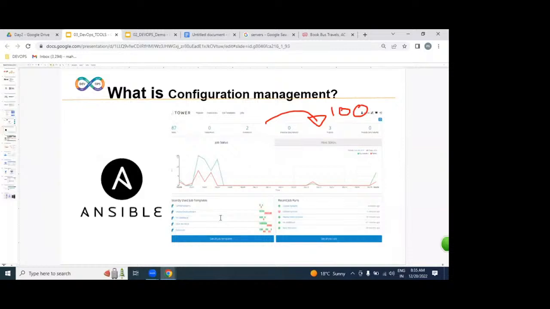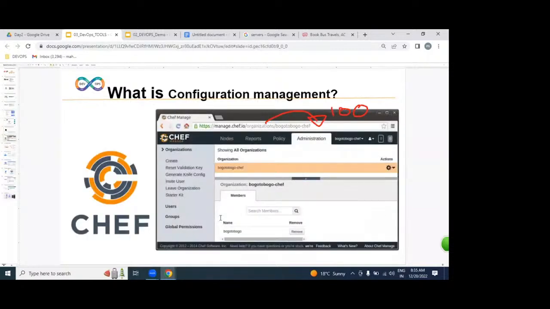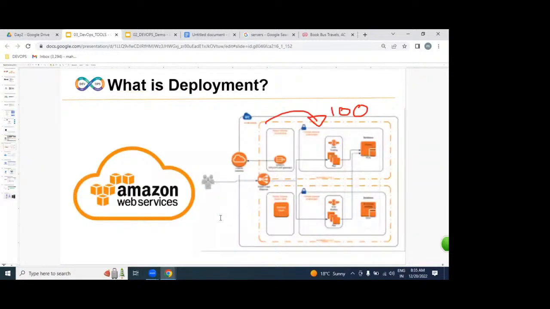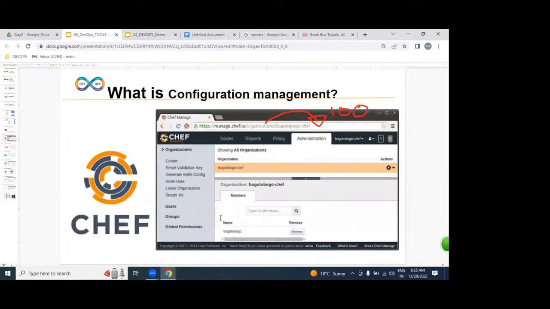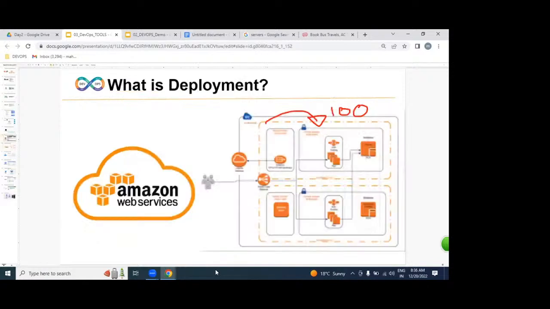But which are all the tools we are going to be using? Ansible and Chef. Ansible is a push model. Chef is a pull model. Understood very clearly. But if you want to automate on hundreds of servers, we require servers or no? From where can we get them? Understood, we are going to do an automated process on hundreds of servers, agreed. But from where?